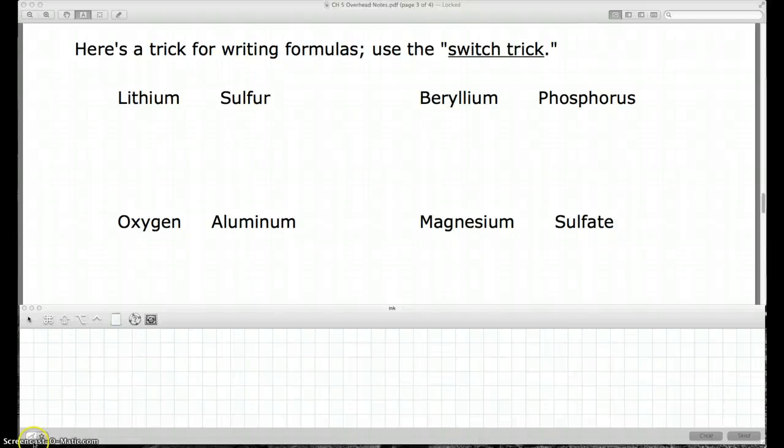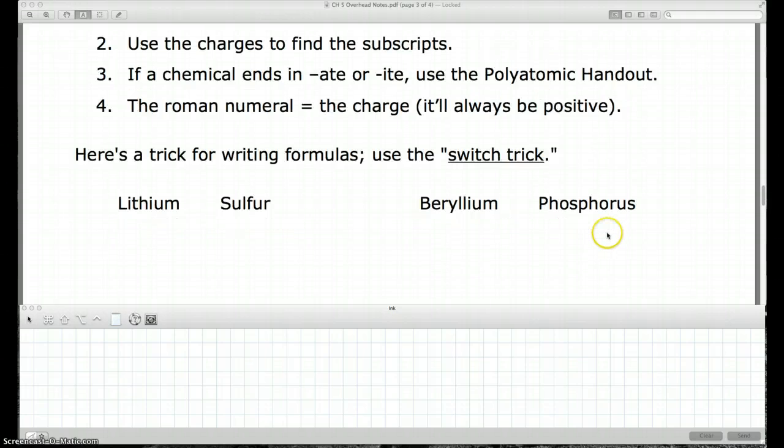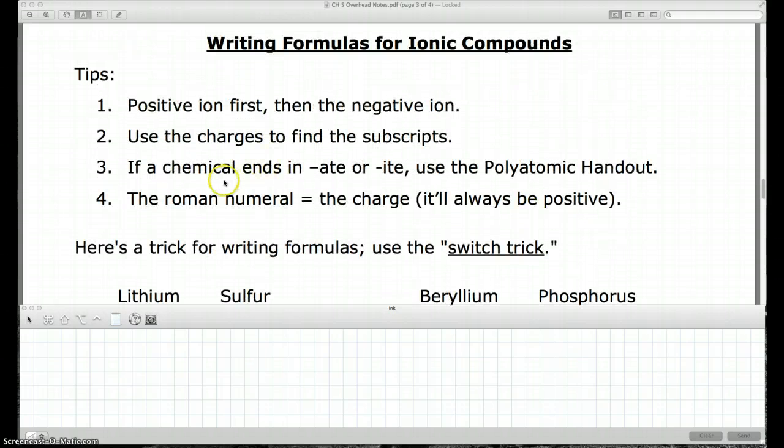Okay, so picking up where I left off, we were about to do magnesium sulfate. Now, one thing I want to point out is sulfate. It's not sulfur. Sulfur is spelled like that. Sulfate is different. It has that ATE ending. And one of the tips we talked about earlier is if a chemical ends in ATE or ITE, use the